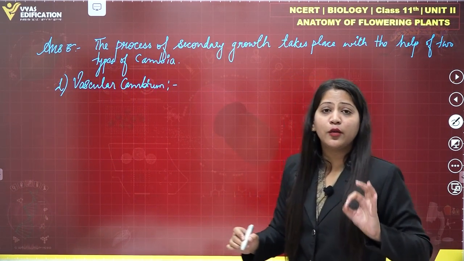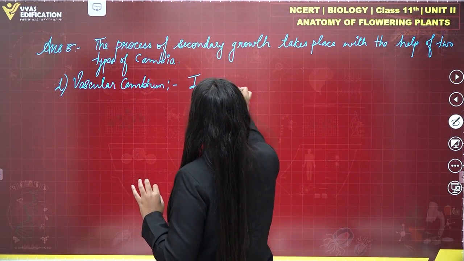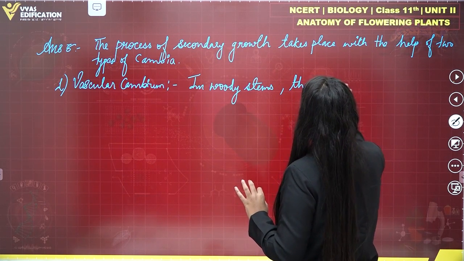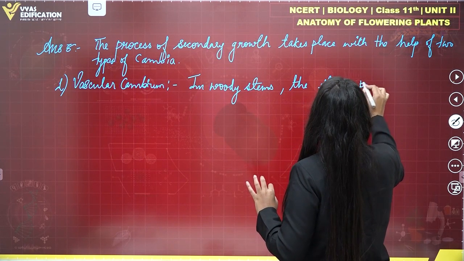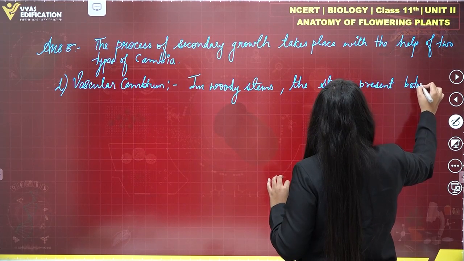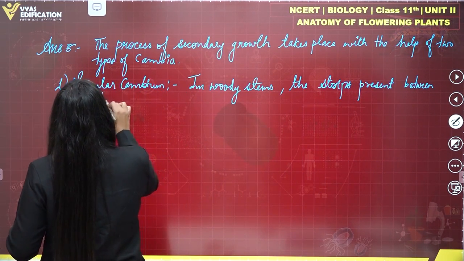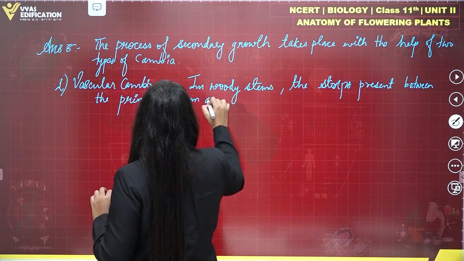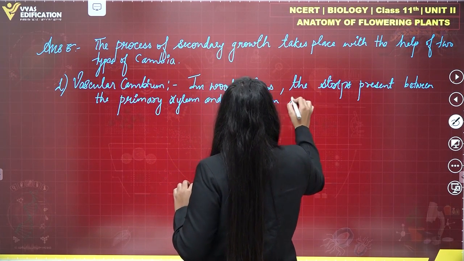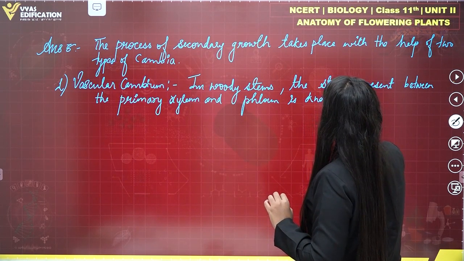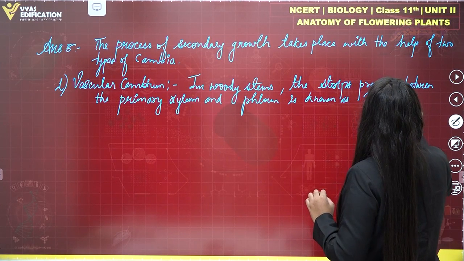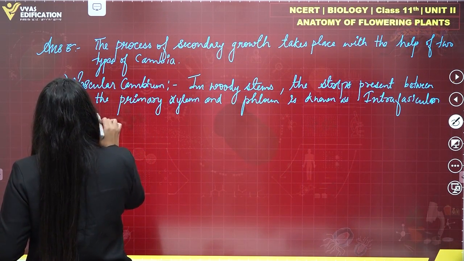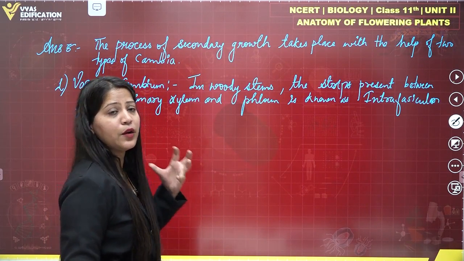Now in vascular cambium we'll write like this. In woody stems, what we see is the strips present between the primary xylem and phloem are known as the intrafascicular ring or strip. Now, the cells of medullary rays